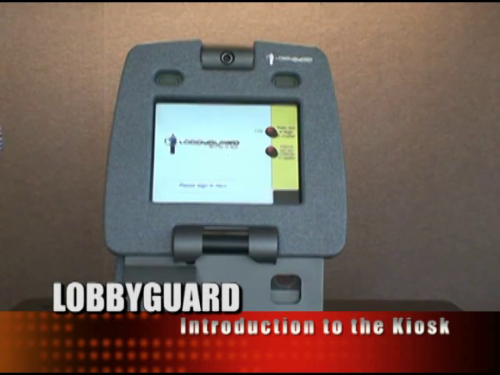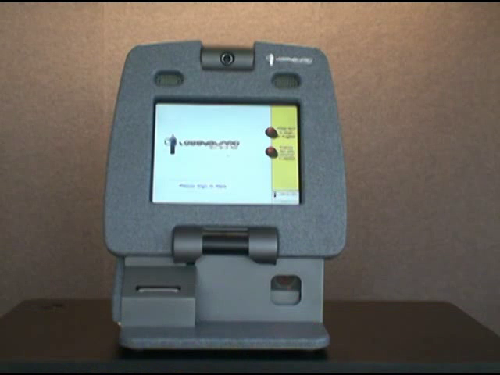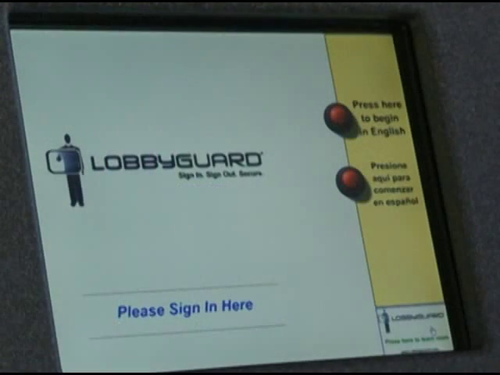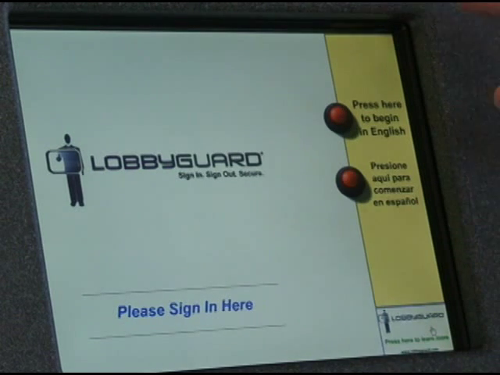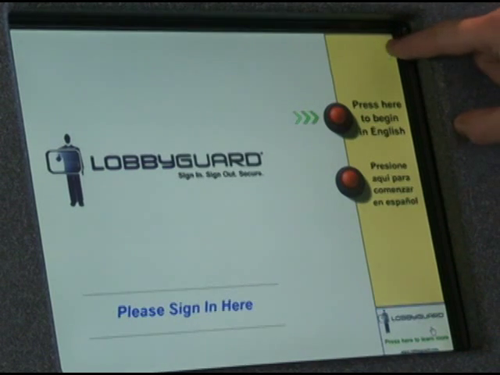This is the LobbyGuard kiosk, and the kiosk is a single enclosure for multiple devices to make visitors sign in very fast and easy. One of the nice features of the LobbyGuard kiosk is how simple it is to contact technical support if the customer has a question or an issue. And to do that, all the customer has to do is press the top right-hand corner of the screen,